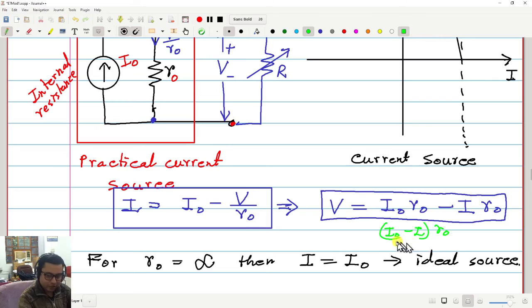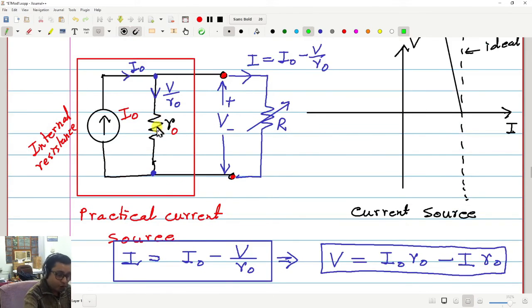So it's not at all a problem. It's something we can ignore. Practically, you can say if R naught tends to infinity, very large, then I naught minus I will be close to 0. A very large number and a very small number, their product can be finite. No problem. Finite.